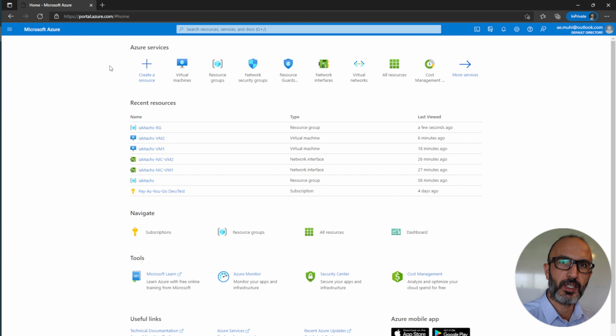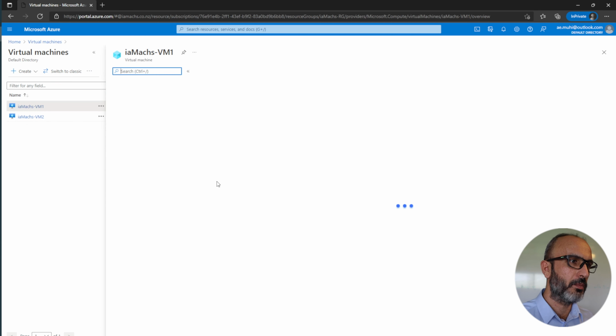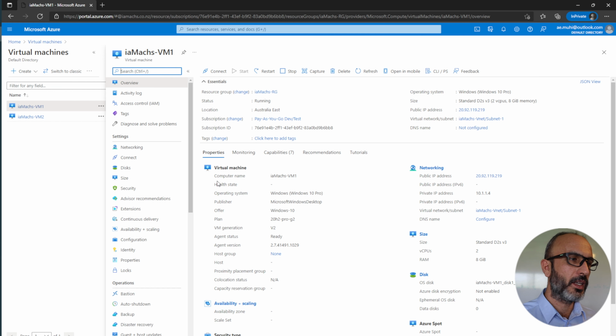To start, let's talk a little bit about our setup here today. From the Azure portal, we'll go to virtual machines. And in here, we've got two VMs, VM1 and VM2. They are part of the same VNet and also part of the same subnet. What we want to do here is create two network security groups. We want to assign one network security group to the subnet level, and create another security group and assign it